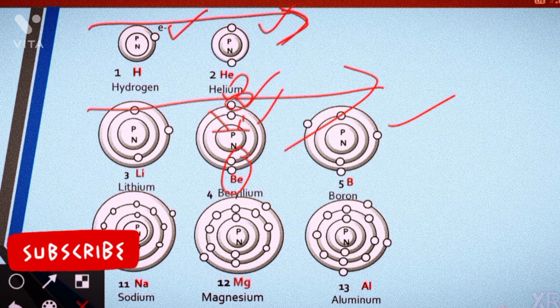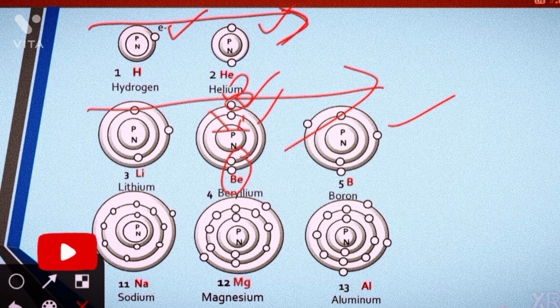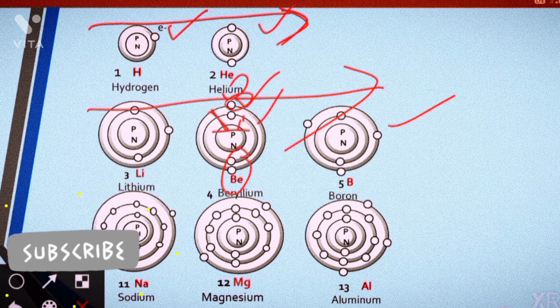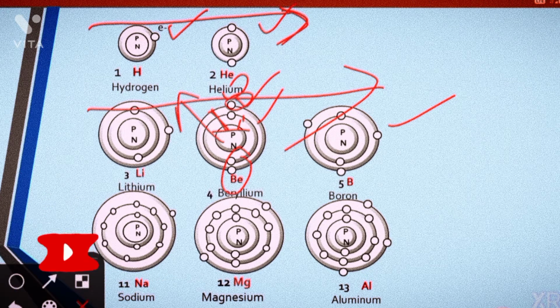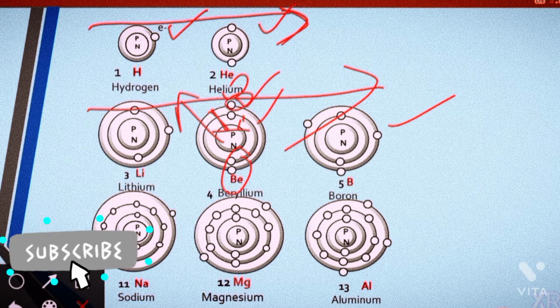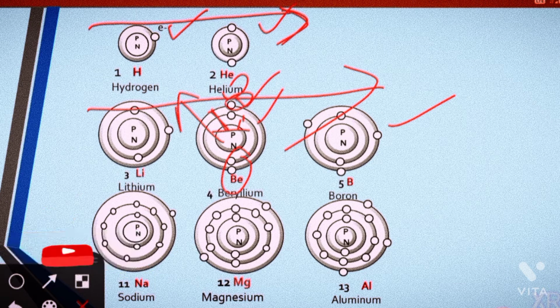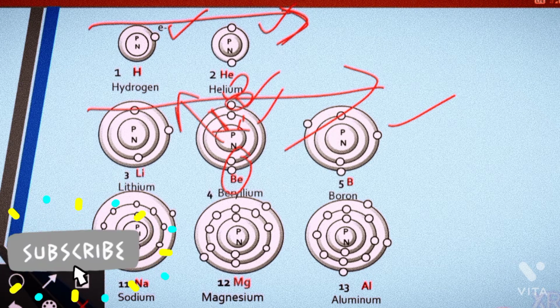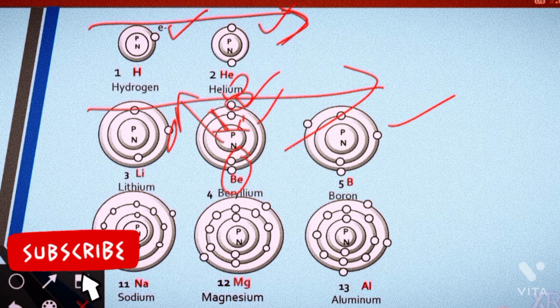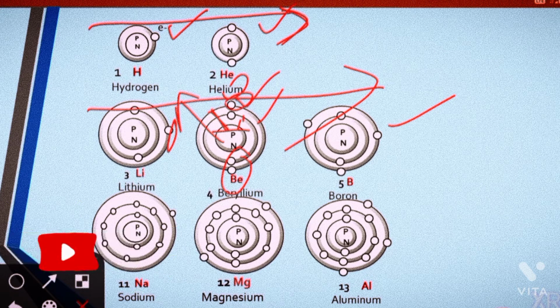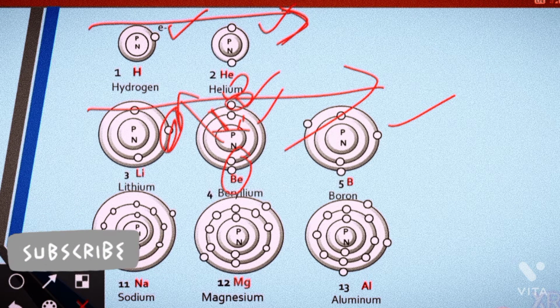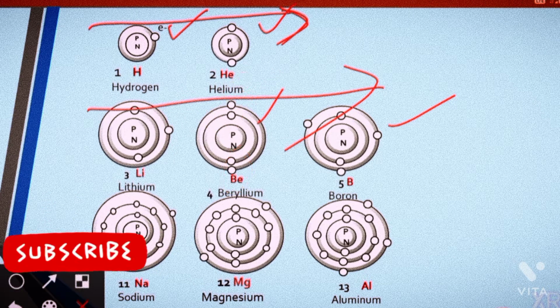If more force is there, then the nucleus is pulling the electron toward this side, and the electron wants to move outside, it wants to be free. So there are two opposite forces. Due to that, there will be resistance to making the electron free. If the outermost shell has fewer electrons, there will be less force. In that case, it will be easy to make the electron free from the atom.